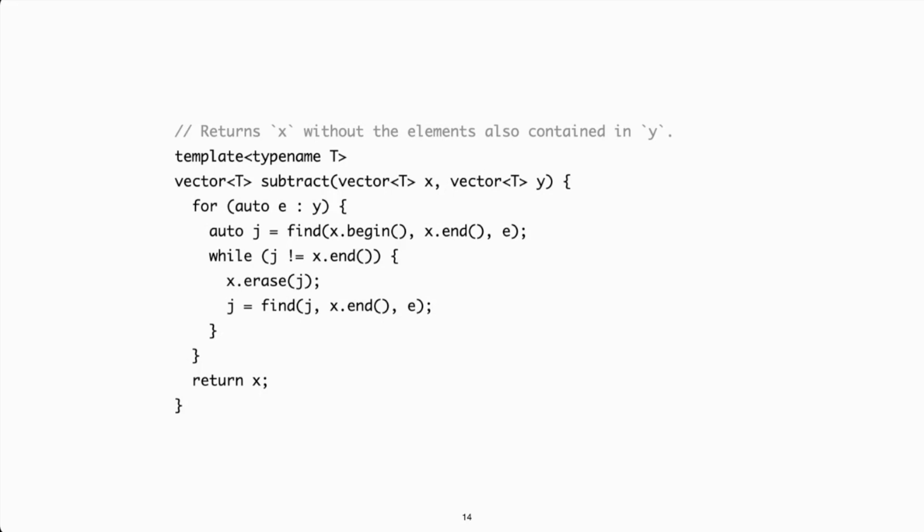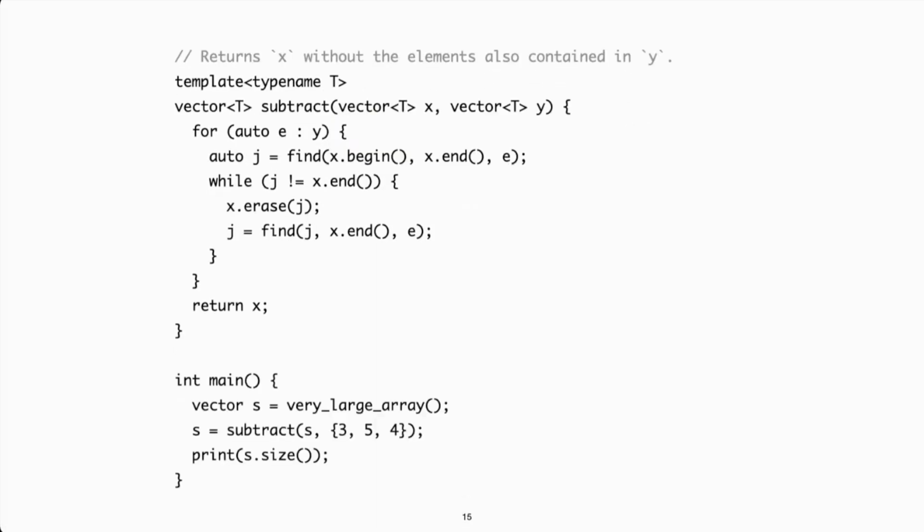Because subtract here takes its parameter by value, C++ makes a copy so that X becomes an independent value in the scope of the method. The same goes for Y. Copying is fine for small data types like integers or booleans, but it becomes an issue with larger data structures.